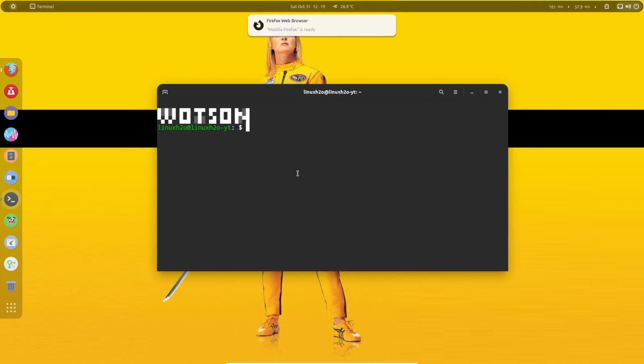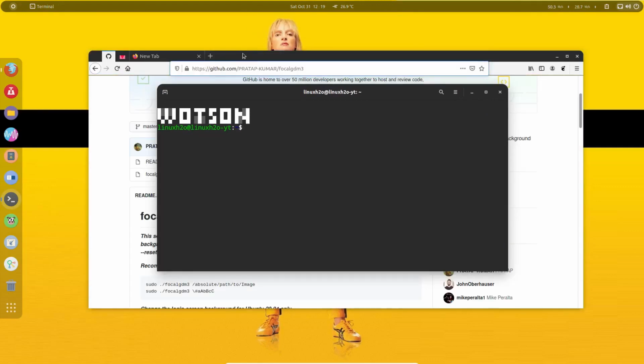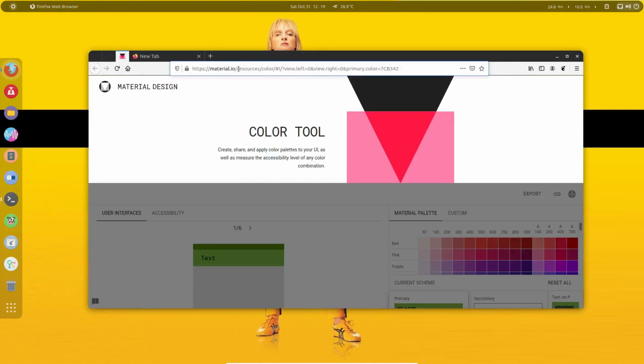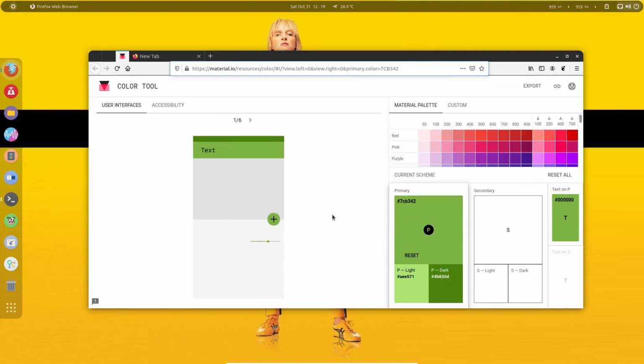We can also set a color, a solid color. So let's set a solid color. So we will follow the same procedure. Now before going to the color, I want to go to this website. This is a website for the material colors, and here you can choose the material solid colors. So we cannot say red, we have to specify a hex value of the color. So let's say we want to specify this color, and for that we have to copy the hex value from here. So this is a hex value, so just copy any value from here. So I'm going to set this blue color.